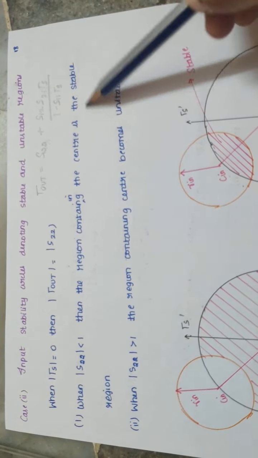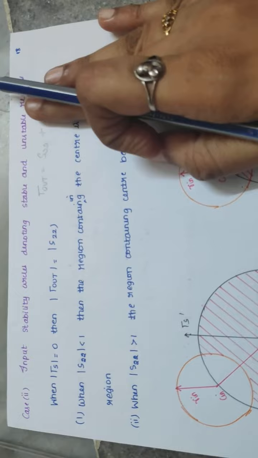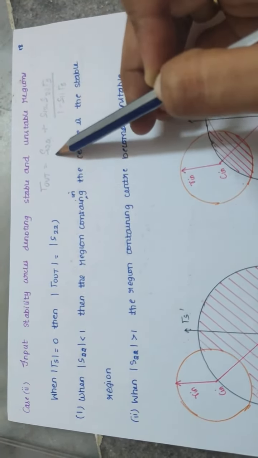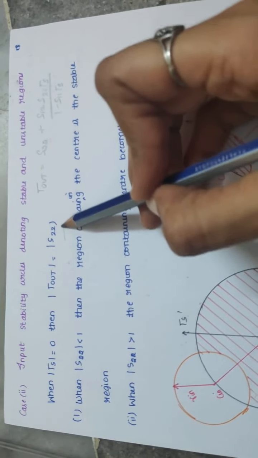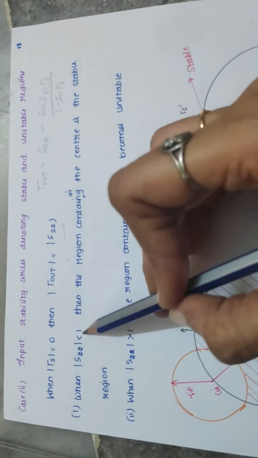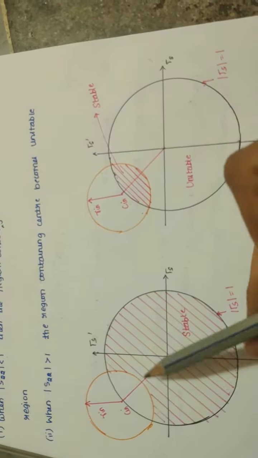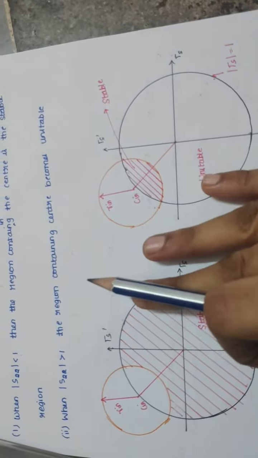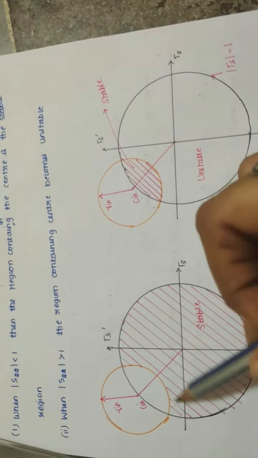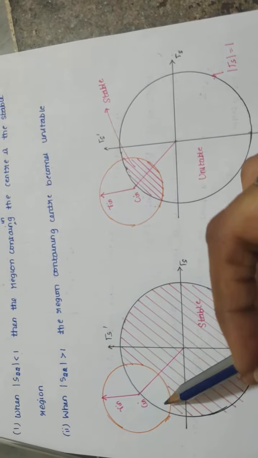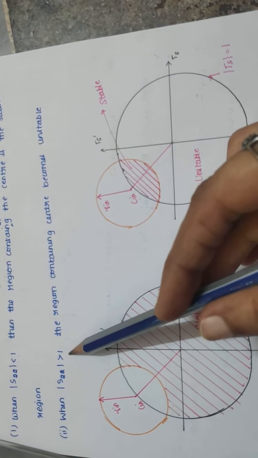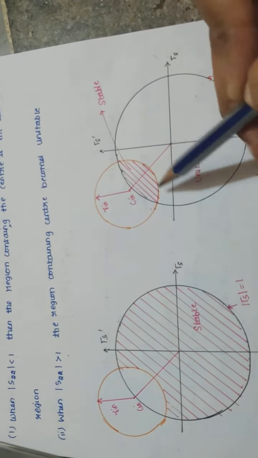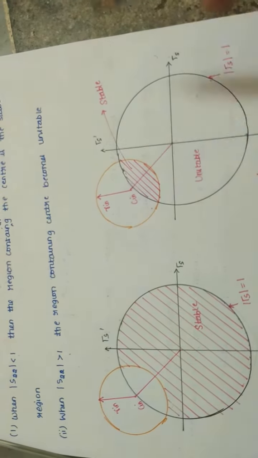Now for the input stability circles, we will take the expression containing tau S. So when there is no reflection at the input, we will consider tau S to be 0. So when tau S becomes 0, this term vanishes. We will be getting tau out is equal to S22. So based on S22 values, once again we will predict. So when S22 is less than 1, the left hand side indicates the input stability circles, the right hand side indicates the output stability regions. So when S22 is less than 1, the region covering the origin is said to be the stable region. And similarly, when S22 is greater than 1, I will not consider the origin. So other than this part, wherever the two circles intersect is said to be your stable region.